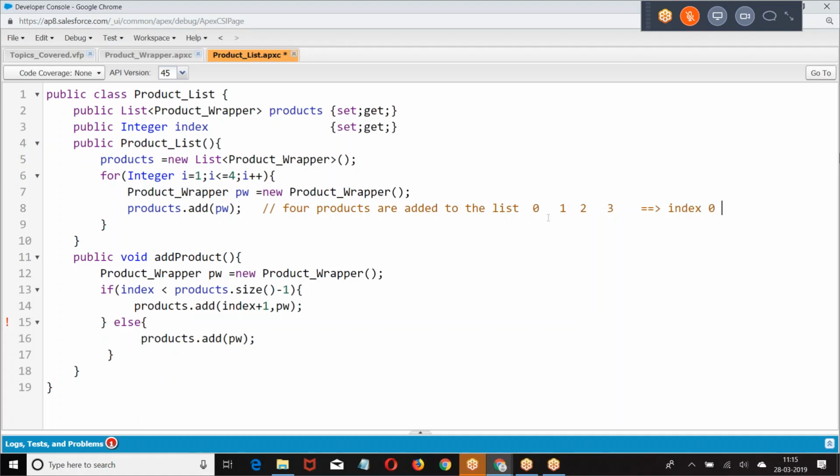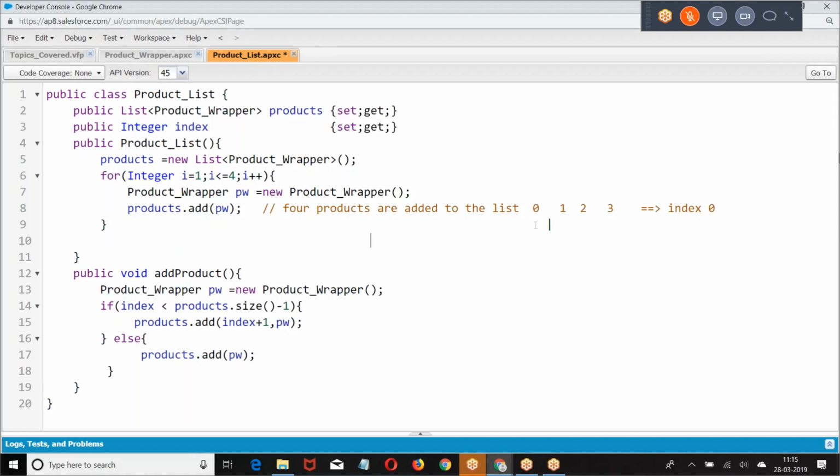So add the new element at index plus 1. Now if I click on 3, 3 less than 3, the condition is false. Then come to else. If you come to else, what am I doing? Where is the element added? Add means last position.